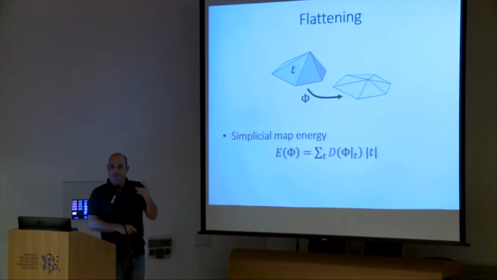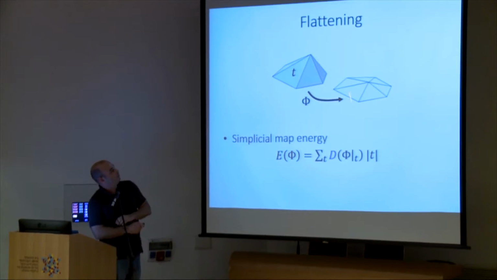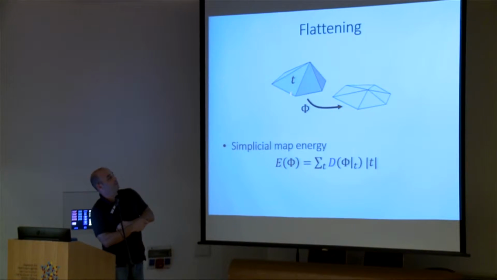So let me define exactly how we define an energy on this triangulation. We have a piece, like this is a star, a one ring in a 3-dimensional space, and we have a triangle marked by T. We're going to map the vertices to the plane, and when we restrict this map to the triangle, it's just going to be an affine map, taking this planar triangle to this planar triangle. Okay. So the energy of such a simplicial mapping, we can call it simplicial mapping phi,